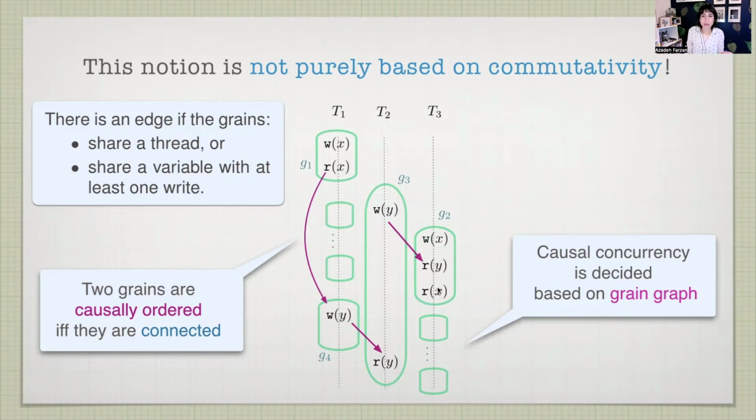And you would think that, okay, we are done. You have a grain graph. Many of you have maybe seen graph algorithms like this before, so you would see immediately there is an algorithm. Let's wrap up this talk quickly. But there are a bunch of complications that I want to point out that we had to fix to be able to actually have a constant space streaming style algorithm based on this notion.